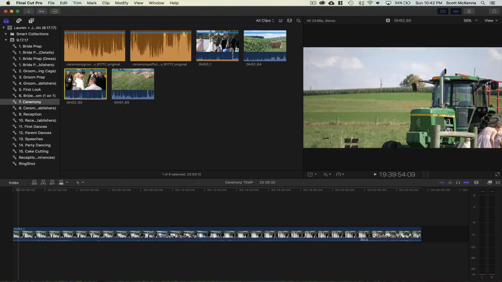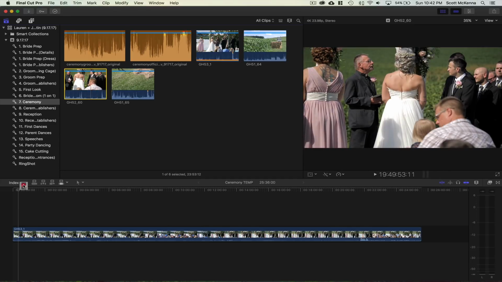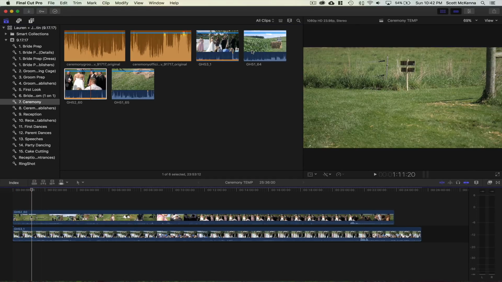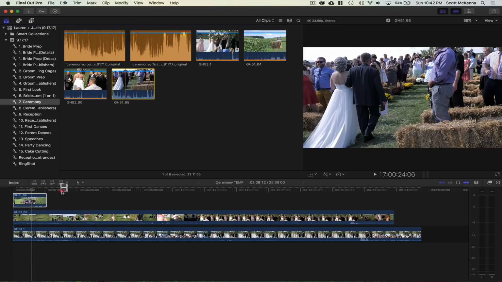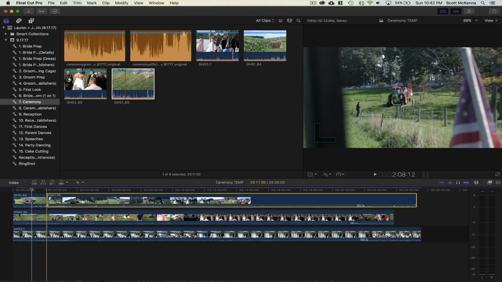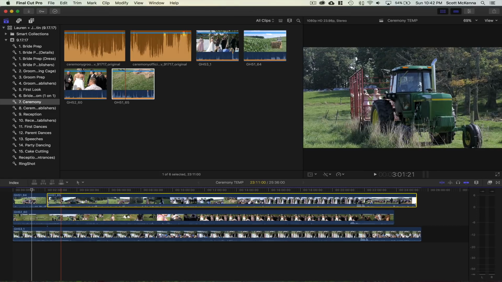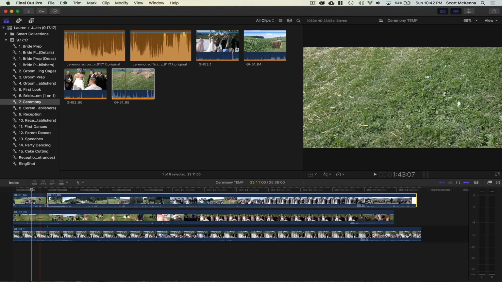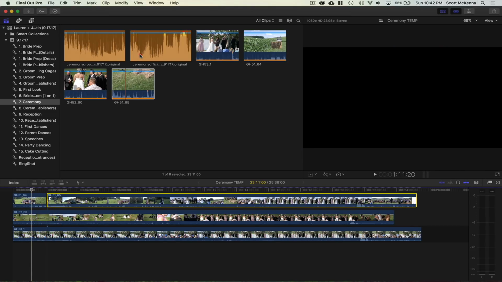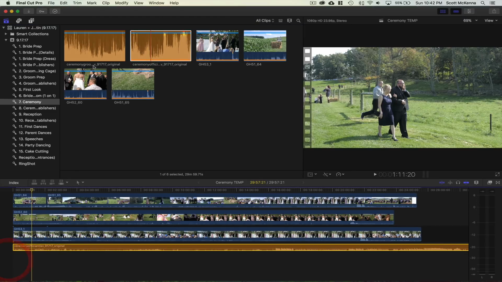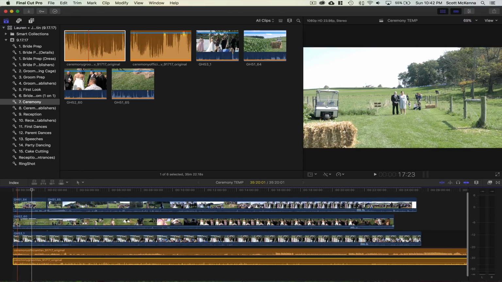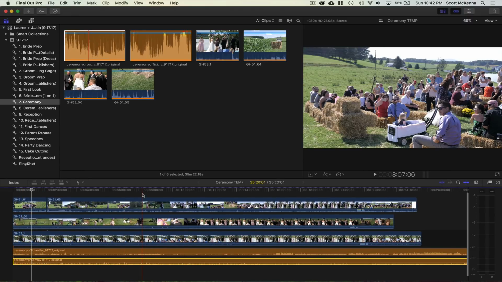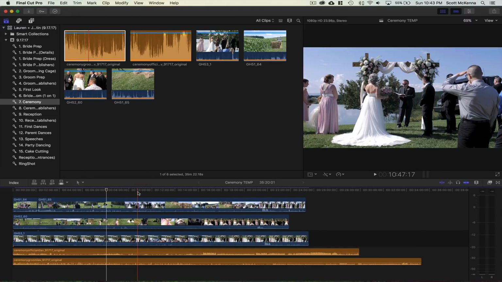Camera number 2 is this one right here from the tripod on the left, and then these other 2 short clips here are my third camera. Normally I just let one whole recording happen, but they were coming down on this big tractor, so I just waited because I didn't need the footage before that happened. And then I have 2 audio sources. I got a Ceremony Officiant Lav and Ceremony Groom Lav. So as you can see, I have them all laid out here, cameras and audio sources. That's all you have to do to basically get them prepped.